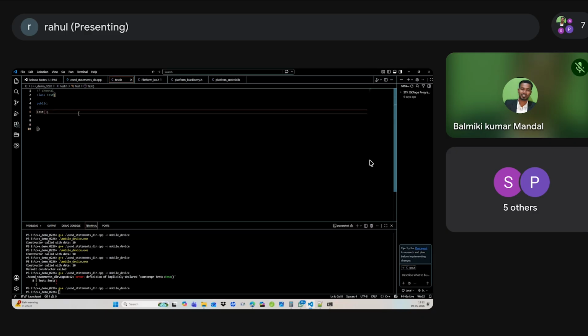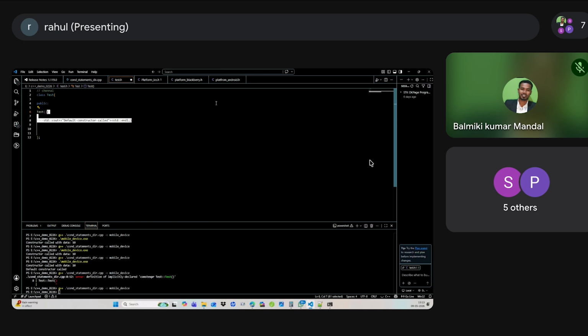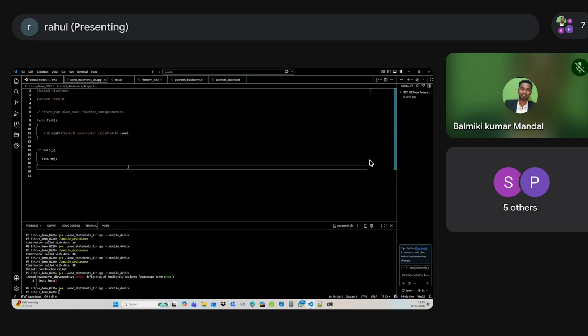If you are defining it inside a class, then no worries. It's very simple and easy. You can do something like this. But in most cases, it will not be like this. If you see a real code base, only the structure will be in the header, and the definitions will be in the CPP file. Yeah, so is it clear until that? Yeah, it's clear. Okay, so we end here.